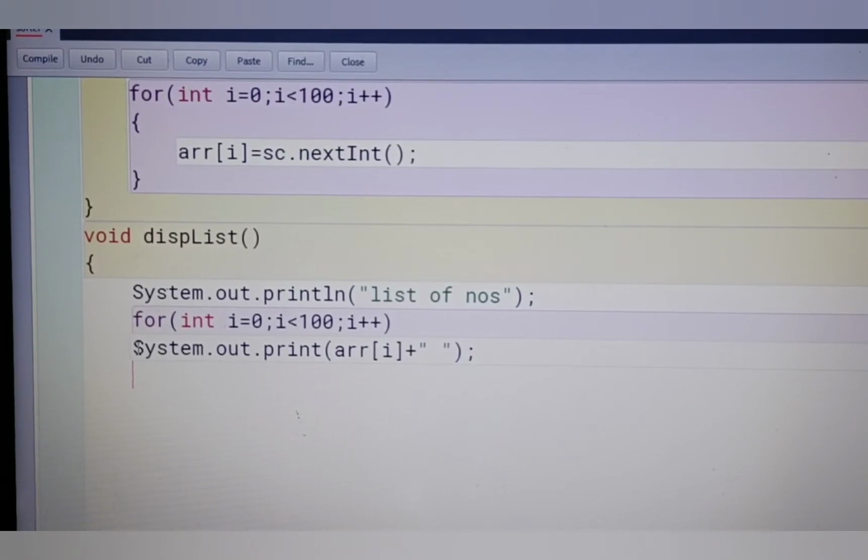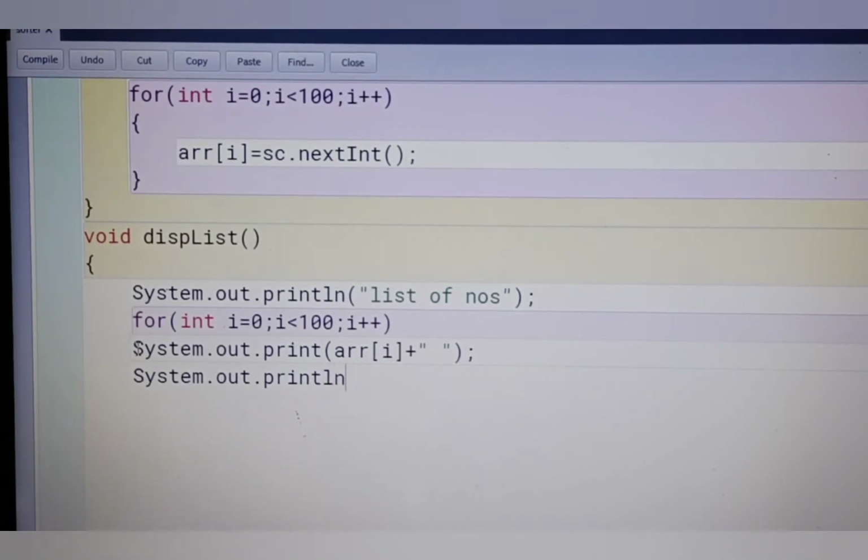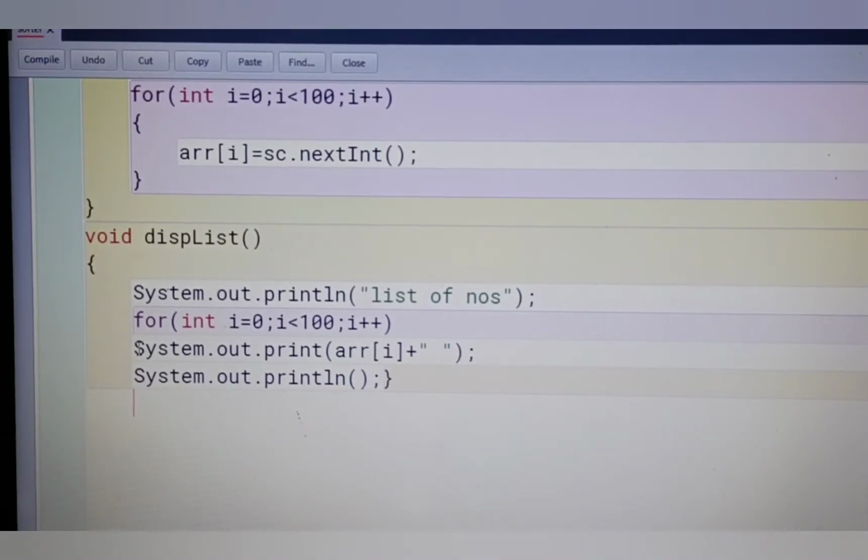After this, use SOPLN for a new line after printing the array. So in this function we only print the elements of the array.